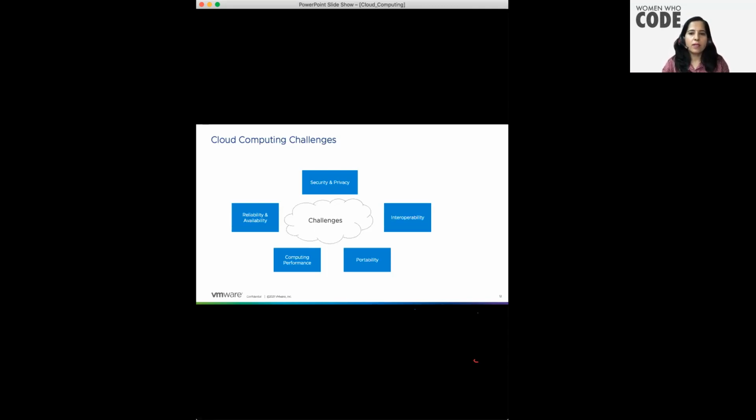And the fifth challenge is reliability and availability. All the applications are now running on the cloud. If you see, with the pandemic, digital transformation has increased, and all the customers are moving towards the cloud. So reliability and availability is becoming more and more important. The cloud infrastructure or cloud system should be robust and dependable, and it should not go down, because all the critical business applications are running there. So these are the main challenges.